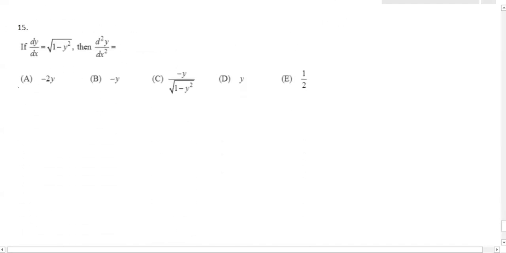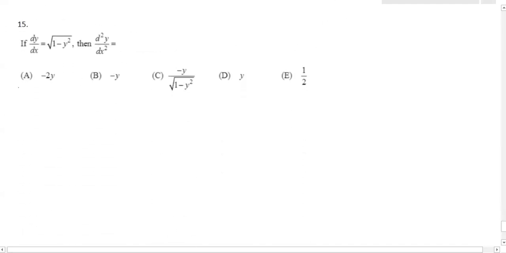All right, we made it to the last one. If dy/dx equals the square root of 1 minus y squared, then the second derivative is, all right, so for the second derivative here, we can apply the square root trick that I taught you earlier. The derivative of a square root is the derivative of the inside over twice the original square root. Now the derivative of the inside is going to be